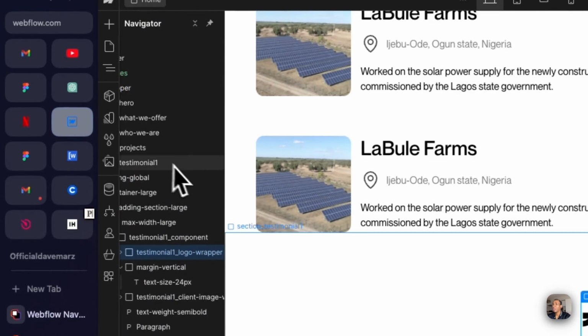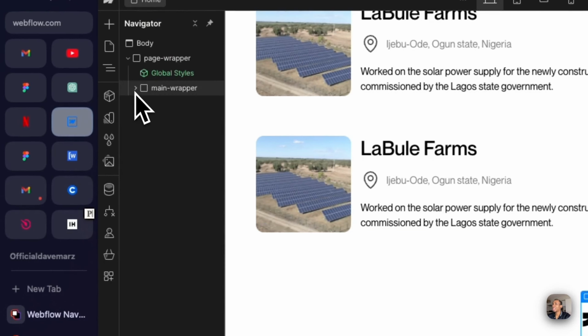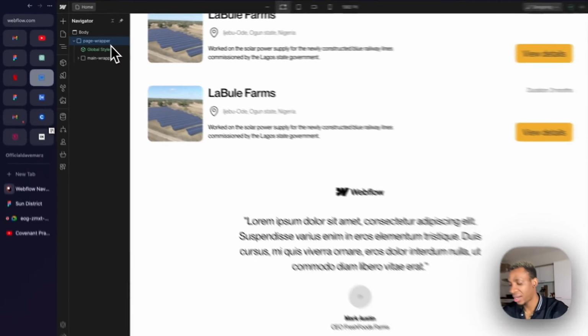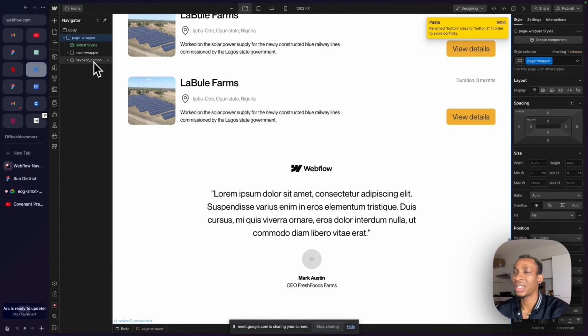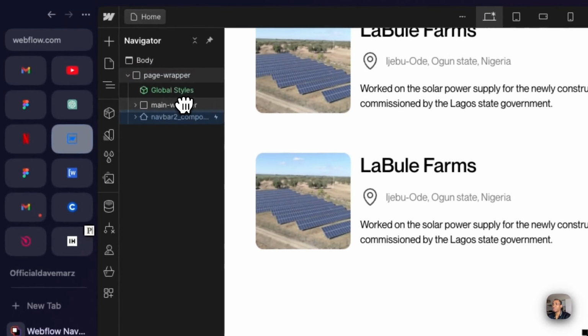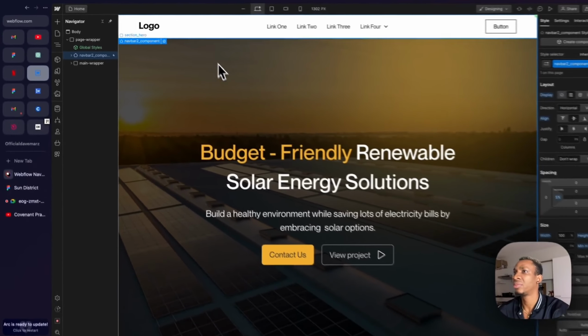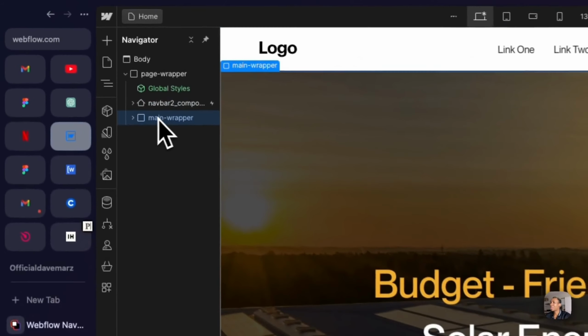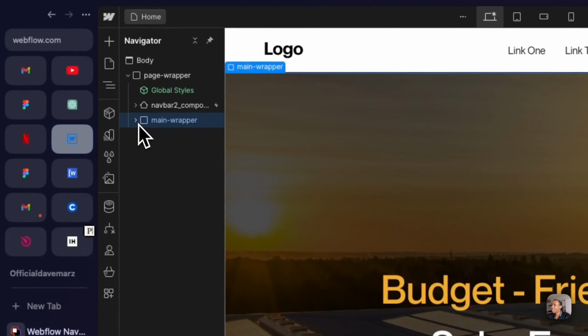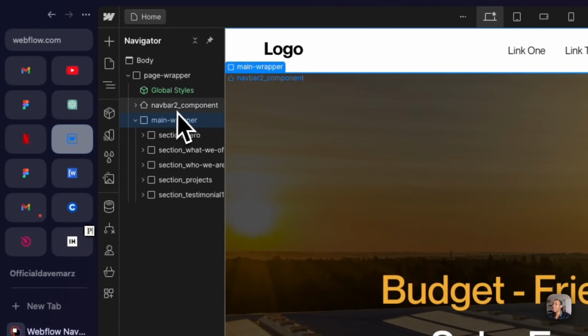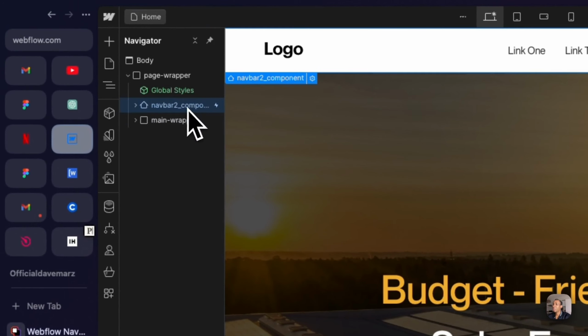Come to my Webflow, and you are going to paste it not inside of your main wrapper. Navbar is not inside of all of these guys. Very important thing to note. Paste it instead inside of your page wrapper. I'm gonna just paste it like this. It's at the down, but I'm gonna take it up. So it's at the up. So you see, navbar is not inside of my main wrapper. It is on its own, outside of the main wrapper, standing alone,